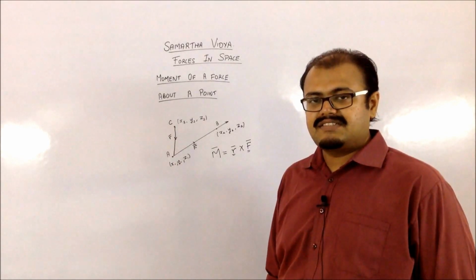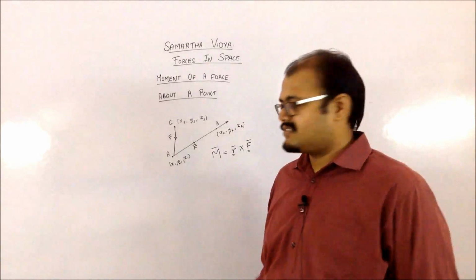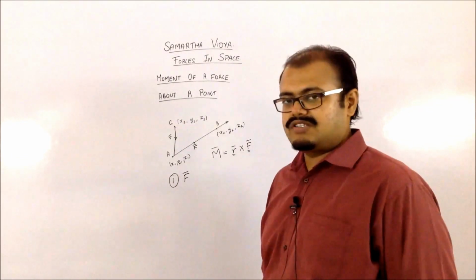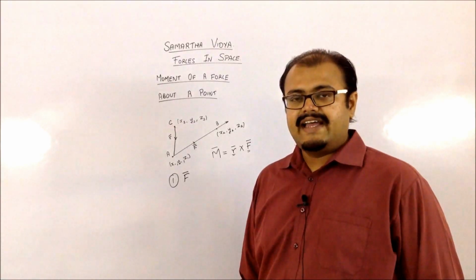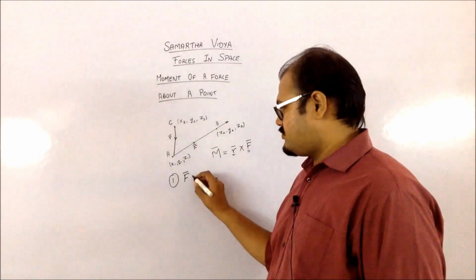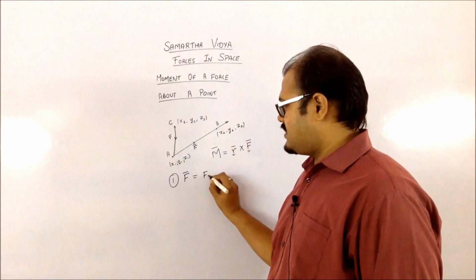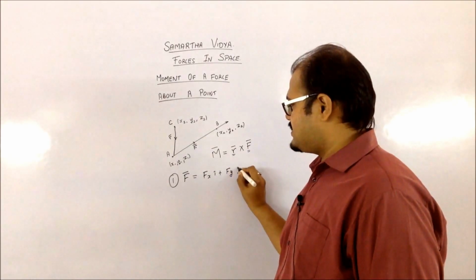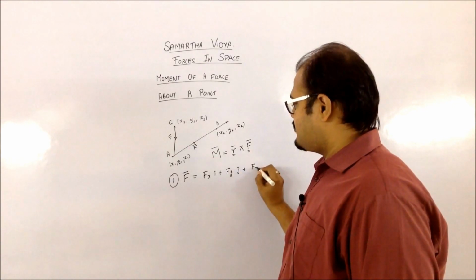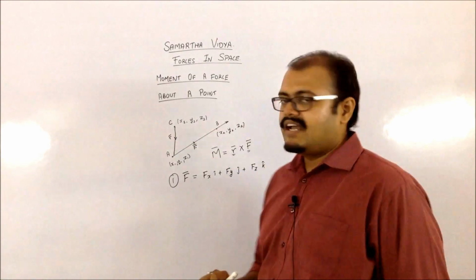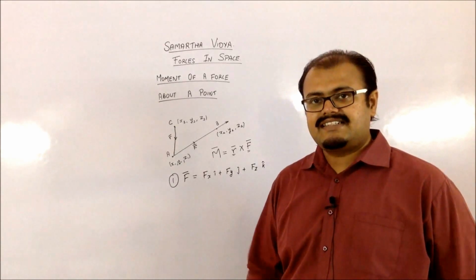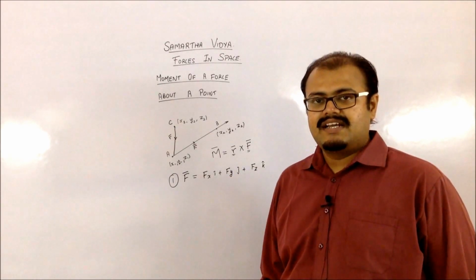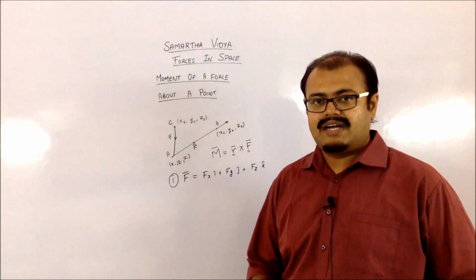The first step is you have to represent your F bar. So you have to calculate the force in vector format. Your force should be in the format of Fx i cap, Fy j cap and Fz k cap. We have already seen the representation of the force in the x, y and z coordinate system in the previous video, so you can go and refer to that.